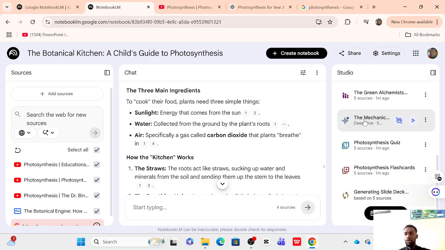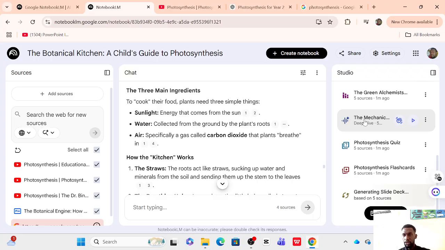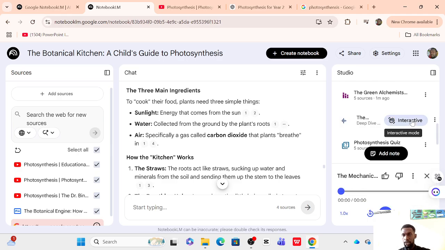Then here is where we have the audio. Okay, it has been able to generate audio. So let's play the audio and see. I can come here and click on play. See,